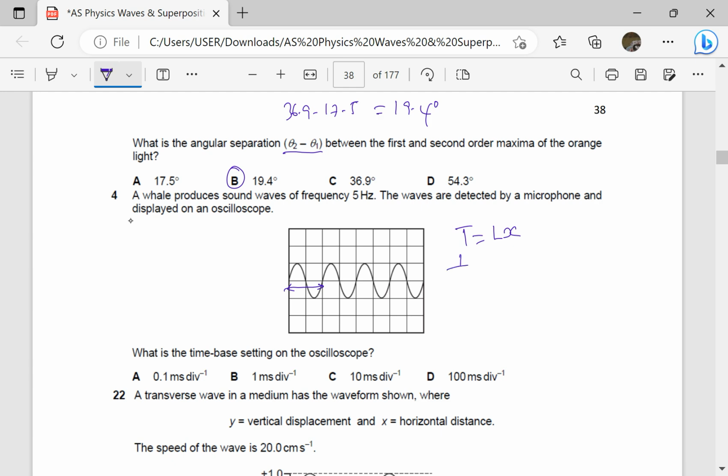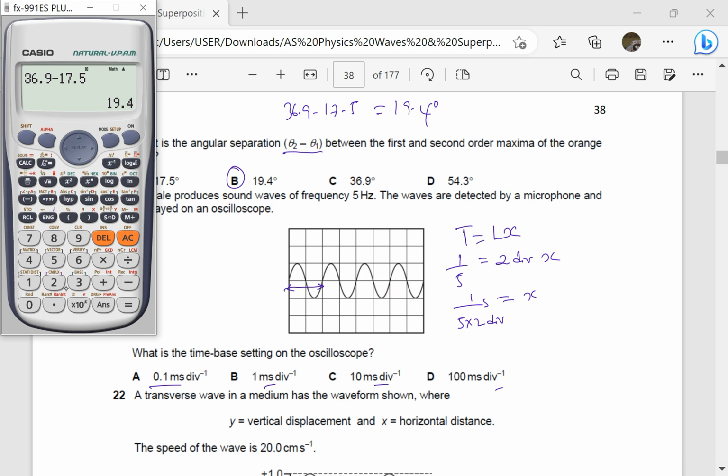The period is 1 over f, which is 1 over 5. This is equal to the length, which is 2 divisions, because they have given this in terms of divisions. 2 divisions times x. And it is in milliseconds. So it is going to be 1 over 5, then I'm dividing by 2 divisions. This is going to be x. Remember, this was in seconds. Then our answer is going to be 1 divided by 10, which is